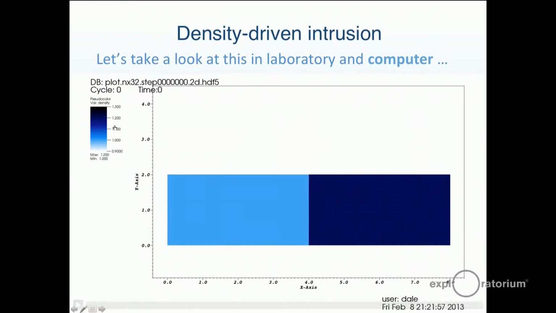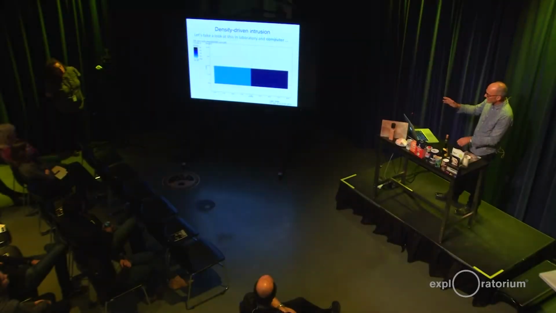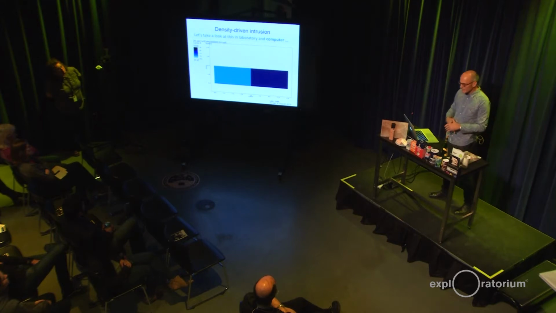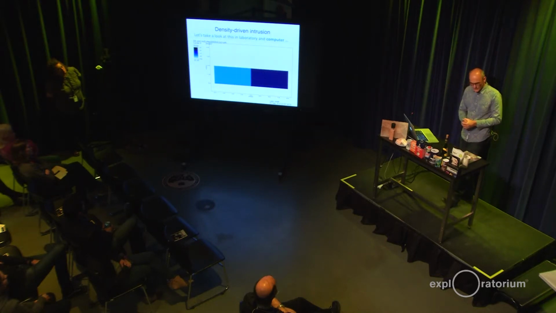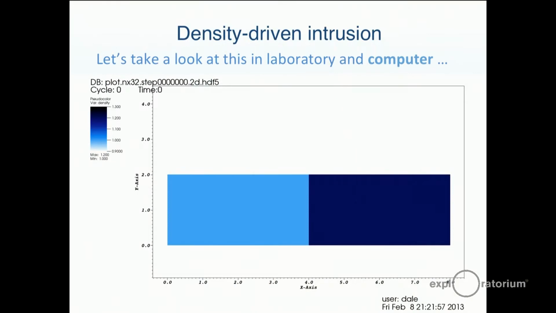You can also do this, as we're doing now, in computer models, where the dark blue again is seawater and the light blue is freshwater. All of these are a little different because of the density difference. That previous laboratory model was not really seawater, it was sugar water, and it was not really a 2.5% density difference, more like about 7% density difference. In that shallow water, you need a little more force to get them to exchange.